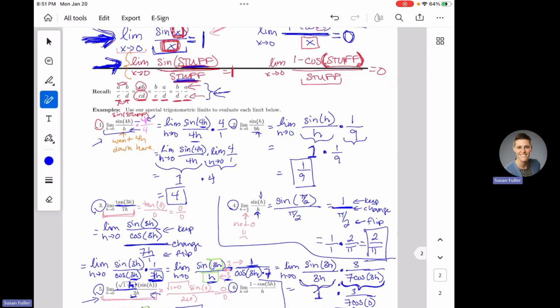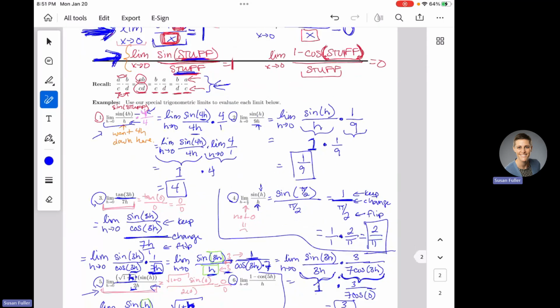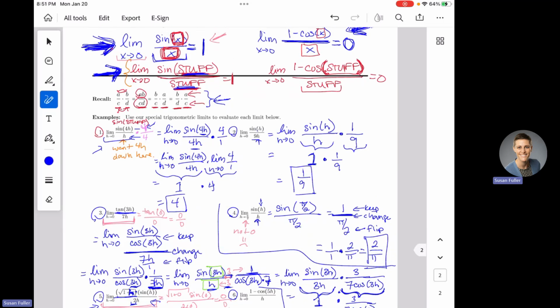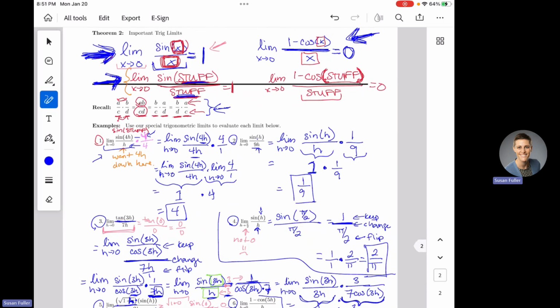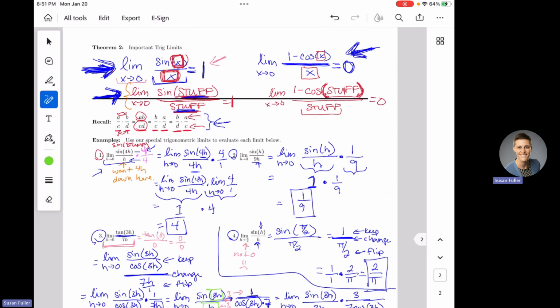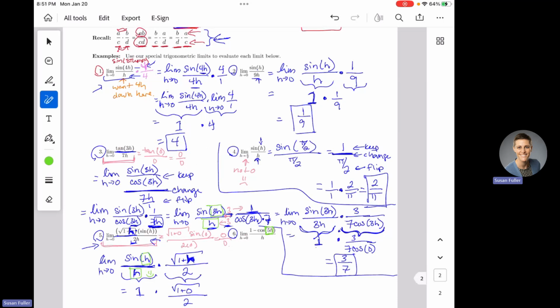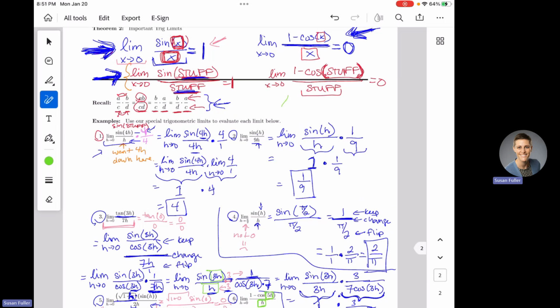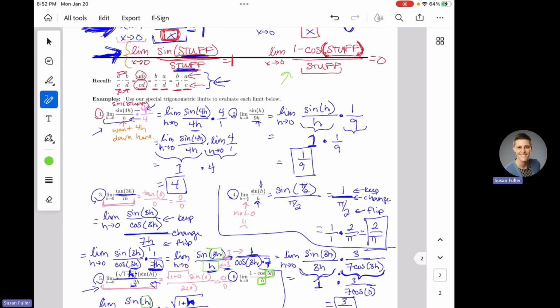Trying to get that all on the same page here if I can. It doesn't want to stay zoomed out for me, sorry. But I've got 1 minus the cosine of 5h. So here I've got stuff, right? So I've got a 5h here. I could use my gift if the stuff on the bottom matched the stuff in my cosine, right? So if this matched the stuff inside my cosine, I could use my gift, right? It's that red one.